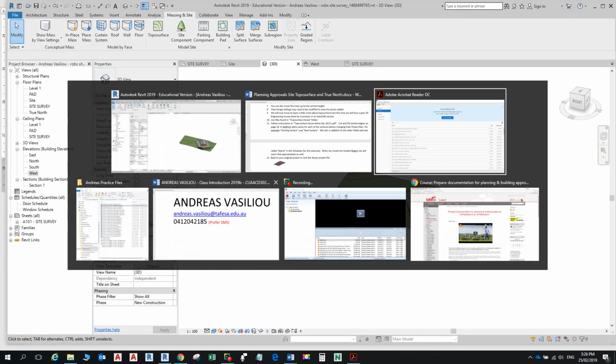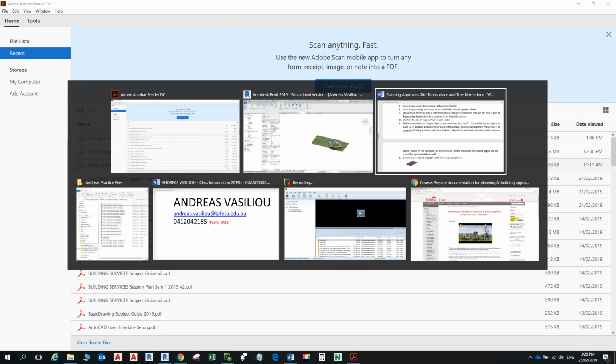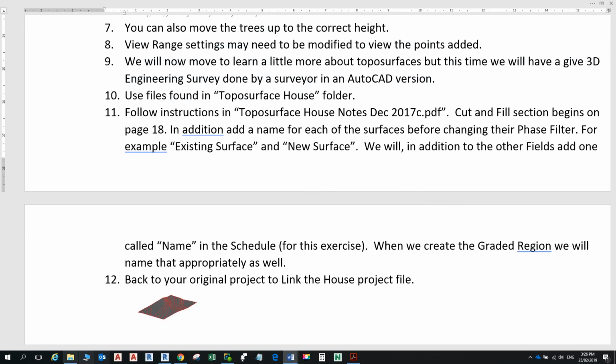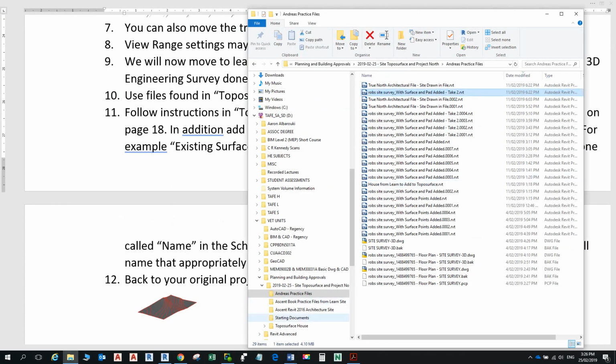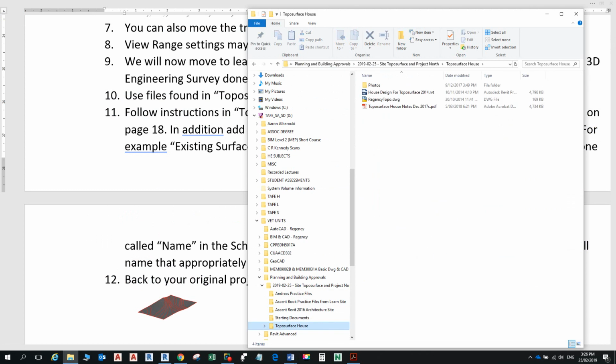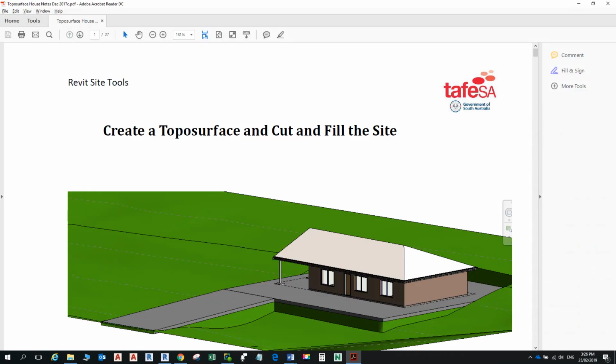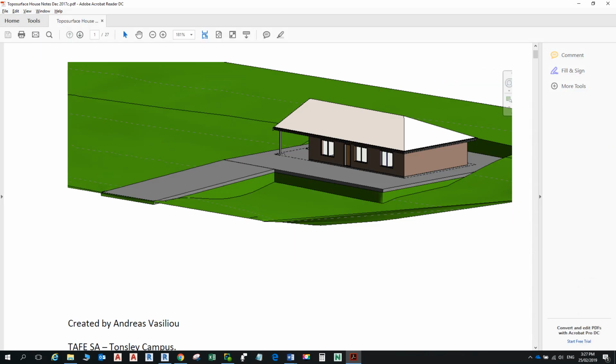So let's go here. In the files I'll pass over, there's a thing called topo surface house, and there's some instructions. This is what it's referring to, these instructions here. And these instructions show you how to do a proper site cut and fill